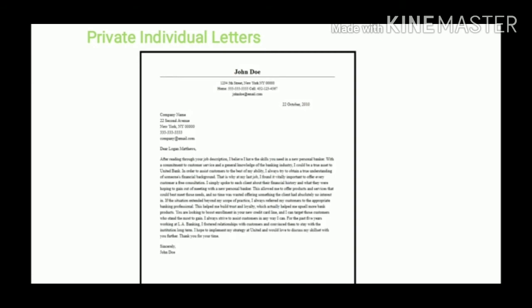So everyone, as you can see in this picture, this is one example of private individual letters. As you can see in this picture, the first line is the sender's name and sender's address. After that is the date of the letter. After the date of the letter, that is the address of the receiver, the name of the company, and then the